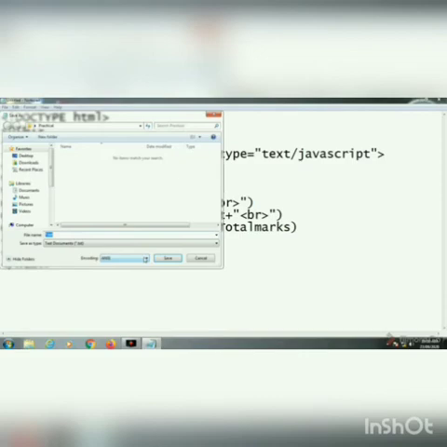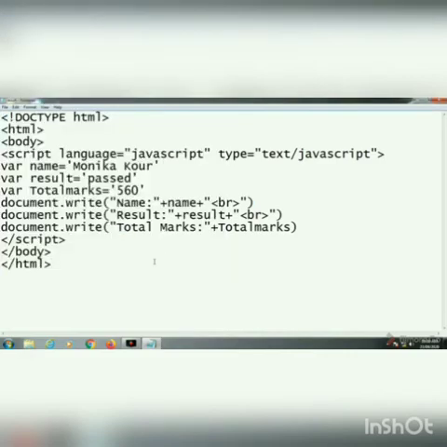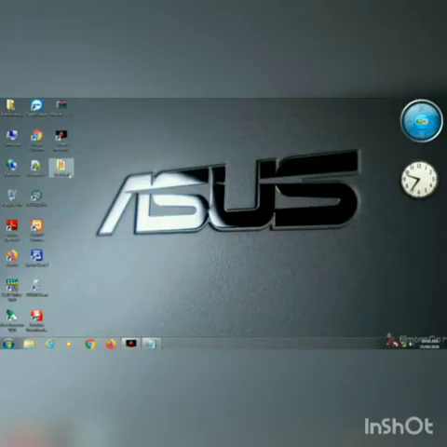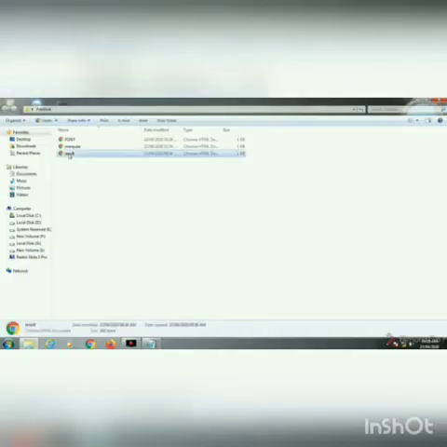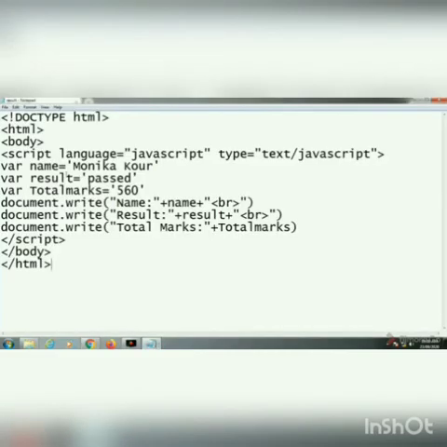Now we have to save the file. In the last video also I showed you, file name followed with .html. JavaScript does not have any separate extension, that is HTML. Then save it, then go to the folder where you have saved the file and open it. If Google Chrome is your default browser, it will open in Chrome, or you can open it in Internet Explorer too. Exactly the same way I have written it, it displays on the screen. So this is the use of document.write and the equal sign.